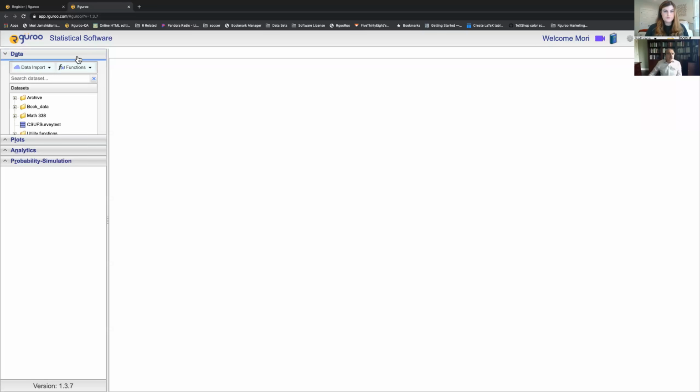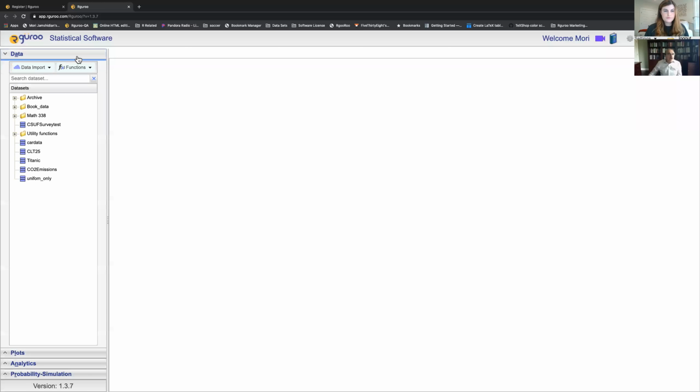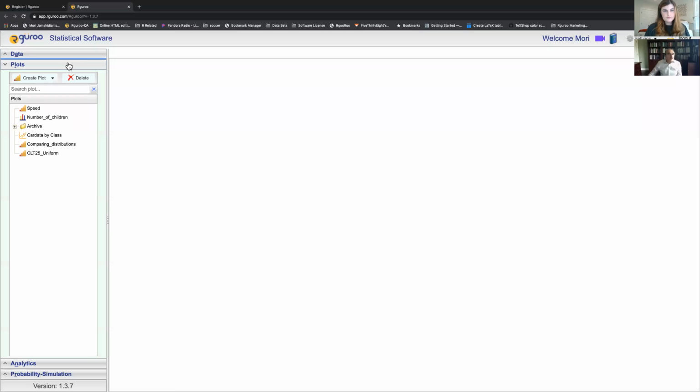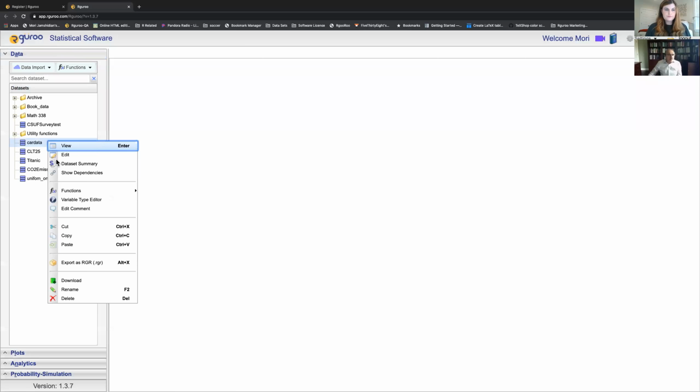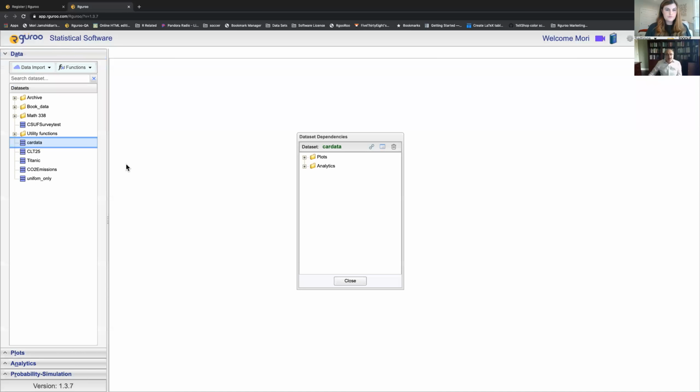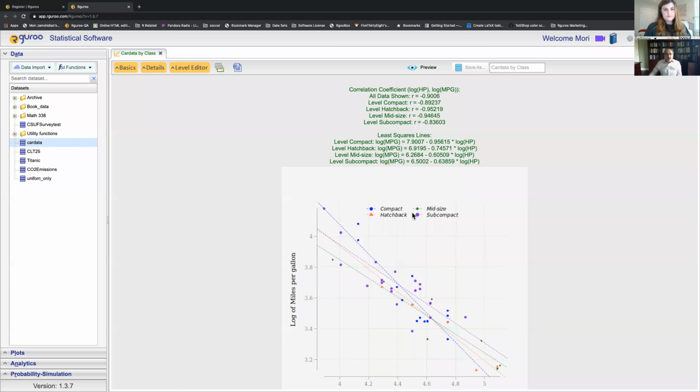I have done some work, and here now I have all of the data sets that we have here. Hold on, let me just look at that. Yeah. All the plots, all the data sets, etc., that we have. And here, notice that if I just right-click on this, on the car data, and I say show dependencies, it tells me exactly what dependencies we have. In other words, what we have done. If I look at the plots, so for example, we did a plot of the car data by class. If I just double-click on it, it just shows up, and this is where I left off,